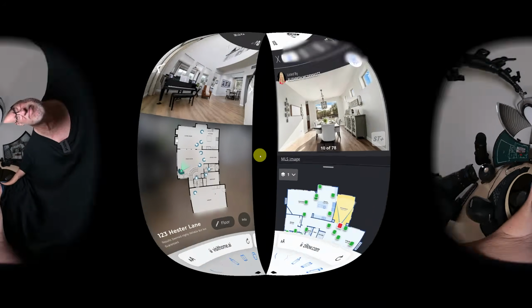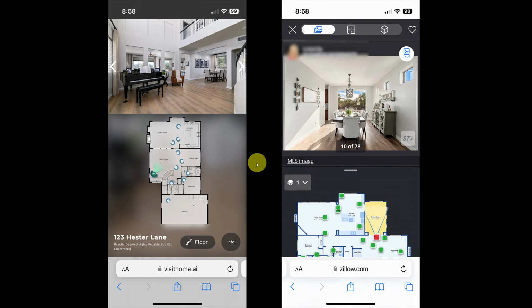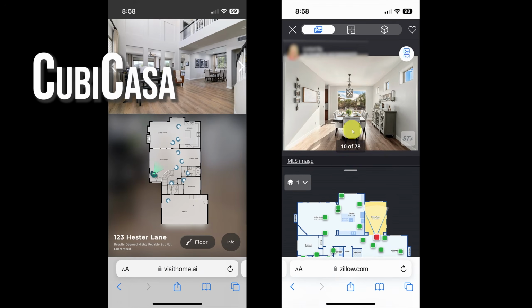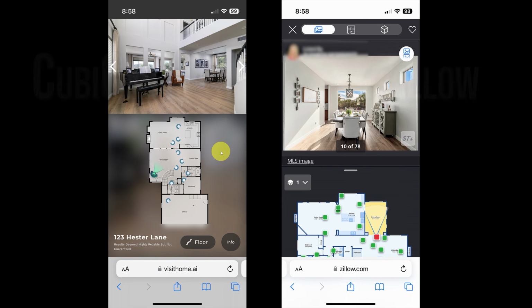Let's dig into that. So looking at it on mobile, we have CubiCasa on the left and we've got Zillow Showcase on the right. And you can see there's also a difference here. Now, CubiCasa does have some advantages in that the real estate does optimize for the floor plan, making sure that that does fit in here. And you usually don't need much more room up here unless you were going to go vertical in your photos, which for multiple listing services is pretty rare to do because some of those tend to automatically flip the vertical